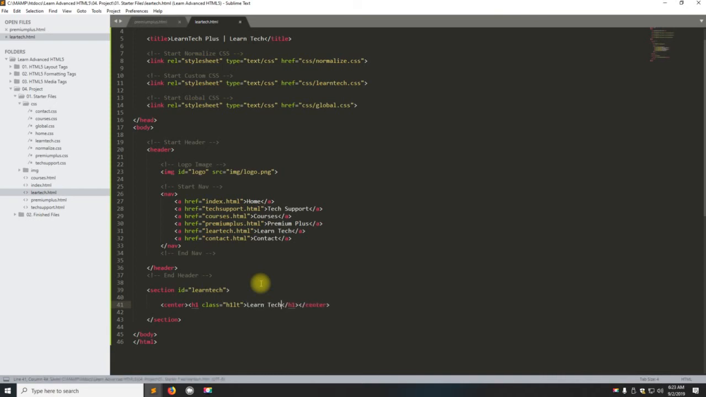We're going to save that. I'm going to return, and we're going to do a div with a class of LearnTech now. We'll close that div and return. And then I'm going to add an image with a source,